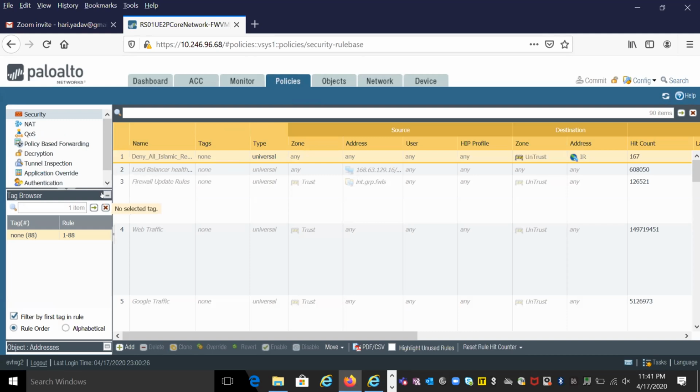So the main criteria is to take over this and start enforcing the policies, to make sure that if it is trusted, and if you're seeing any-any allowed everywhere, then based on the application, based on each and every firewall rule, we have to start applying the policy saying that